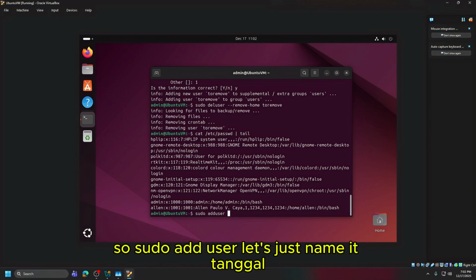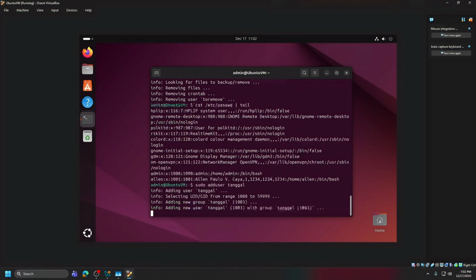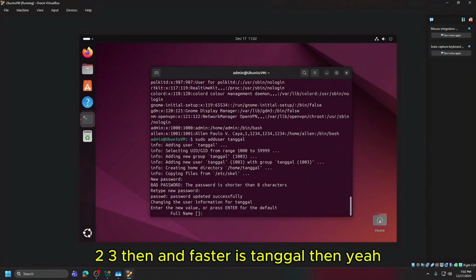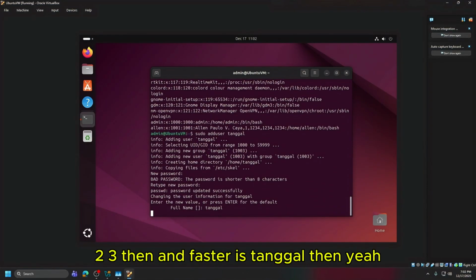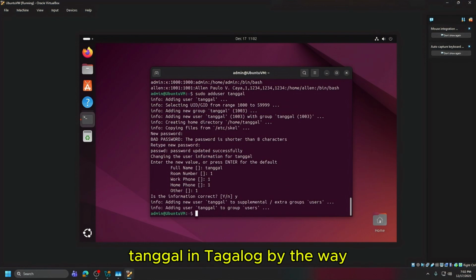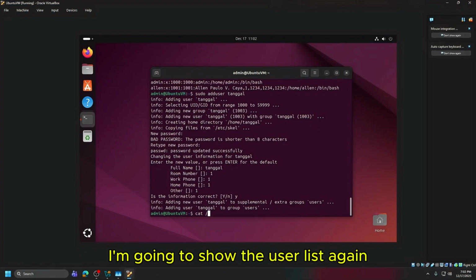So sudo adduser. Let's just name it tanggal, then 123, 123. Tanggal is Tagalog, by the way; in English it means remove. I'm going to show the user list again.